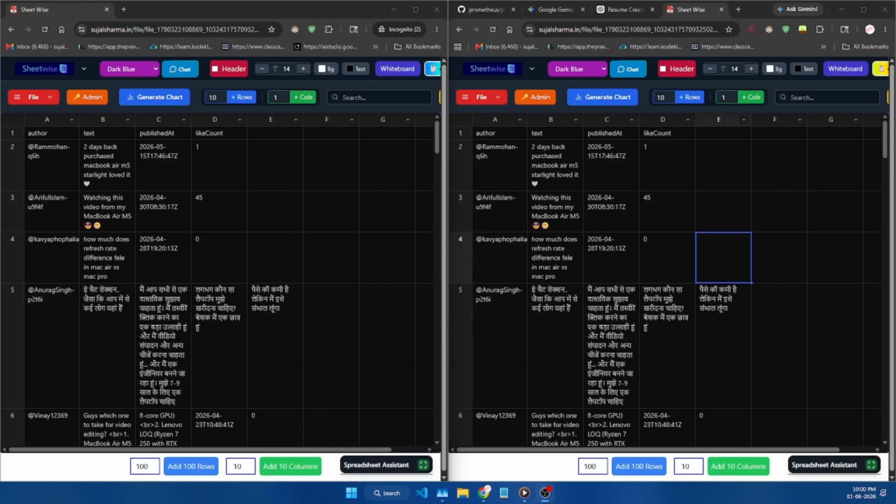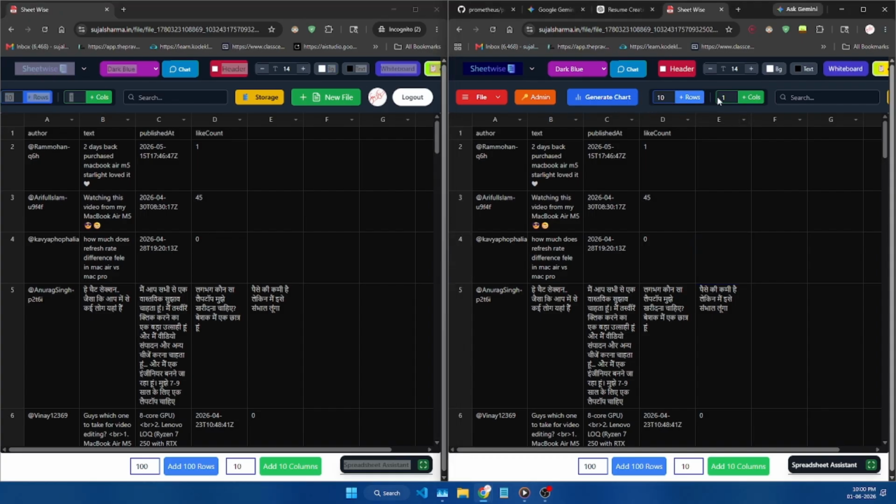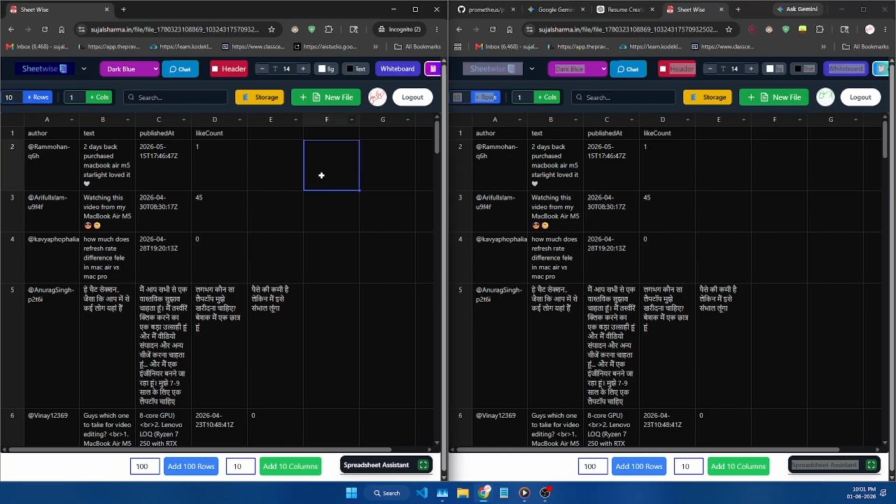Now let's see the real-time multi-user edit feature. I have opened the same file in two different accounts, and I have provided the appropriate permission for that.